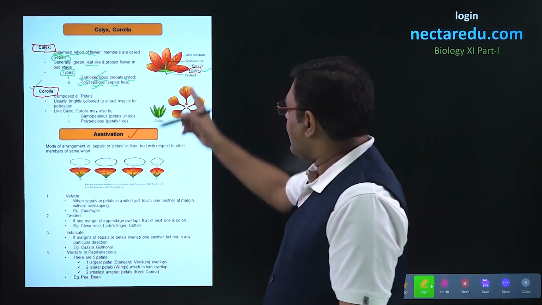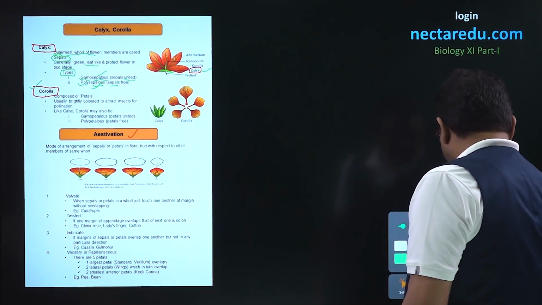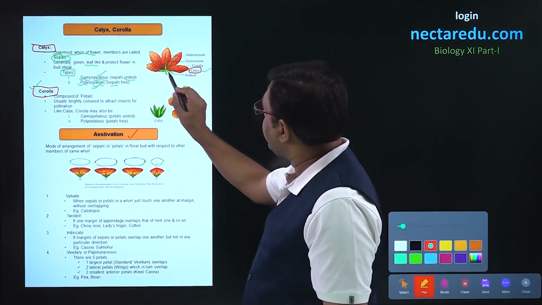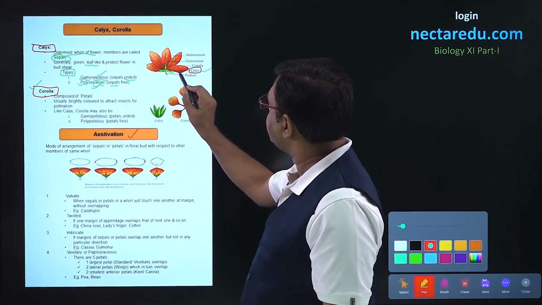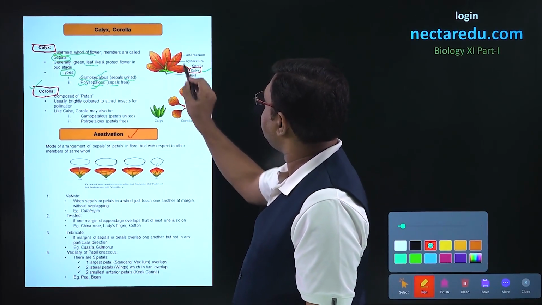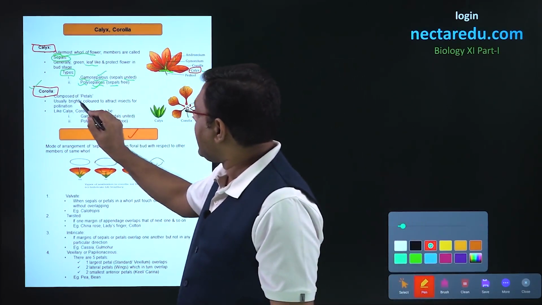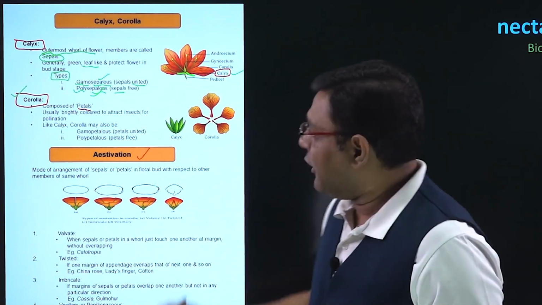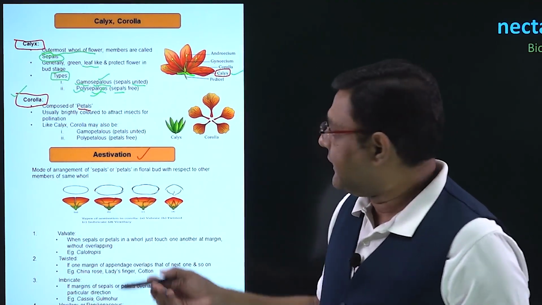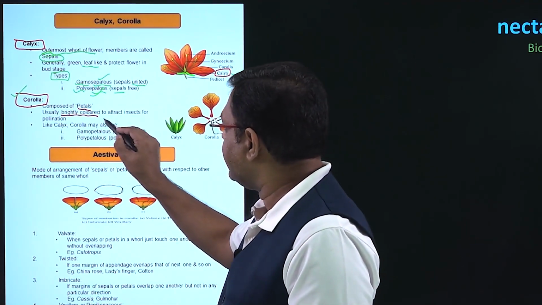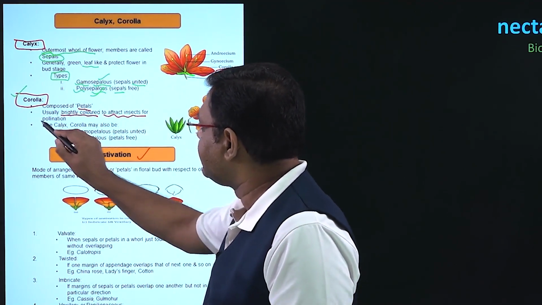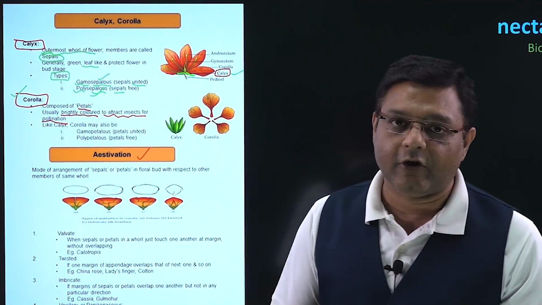Now, inside the calyx or the sepals, the second whorl which will be present will be called corolla. Now, corolla are commonly called petals. So, inside this greenish whorl, we can see these colored petals present here, and these are actually the corolla. Now, these petals are bright colored. Why are these bright colored? Because it will attract insects and that is how pollination will occur.